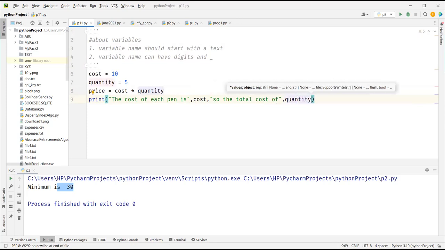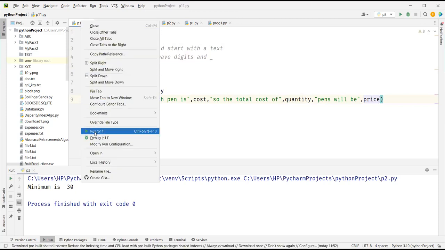So saying the cost of each pen is 10. So the total cost of 5 pens will be, and then we say price. Correct. So now when we run it,